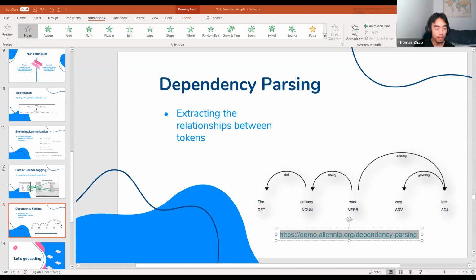All right, English. So nominal subject. And then you can see the is DET, which means, I believe, determiner. And so this gives you an idea of how the words are related. Late is an adverbial, or adjectival, no, adverbial modifier, right? advmod.